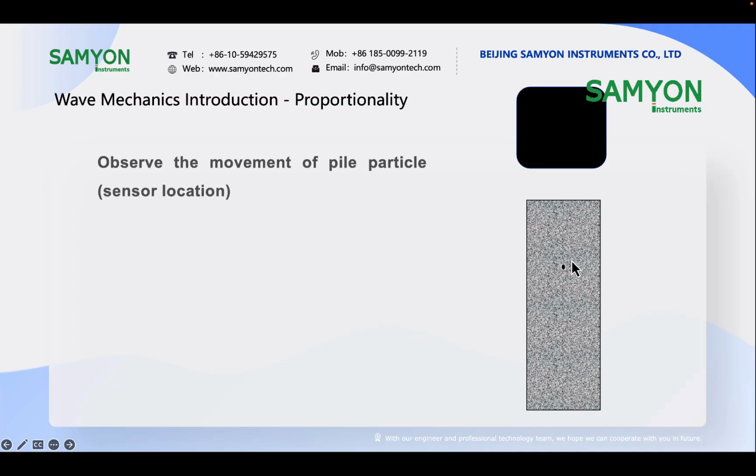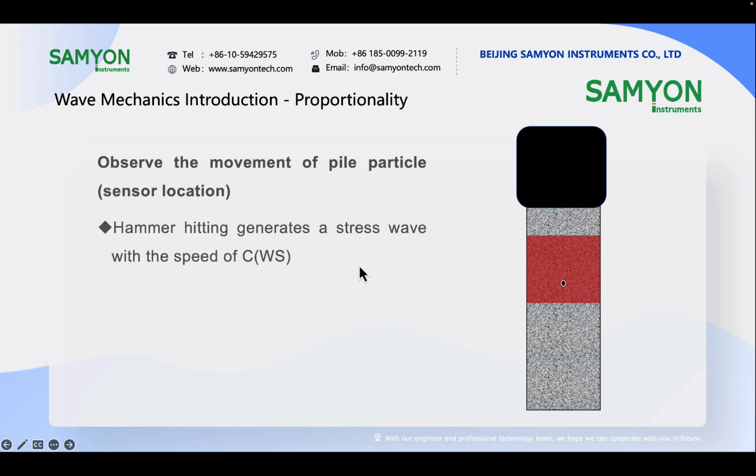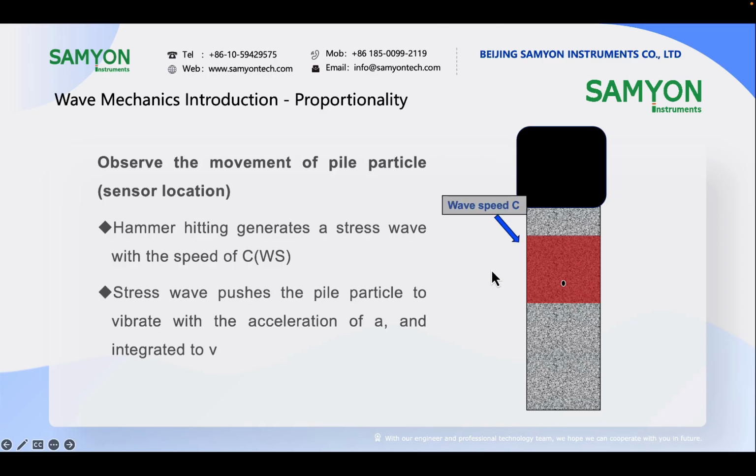Let's observe the movement of a particle on the pile. Usually, the particle is the location where we install the sensors. If we hit the pile head with a hammer force, it will generate a wave going down and go through the particle. The wave speed, we can call it C. Actually, it's Ws. We can call it C. And the stress pushes the particle to move downwards with a velocity of V,